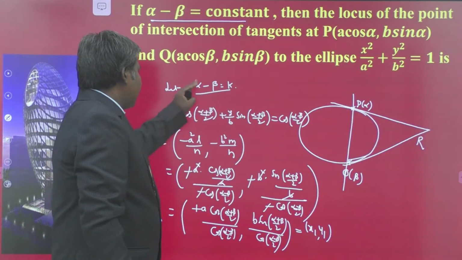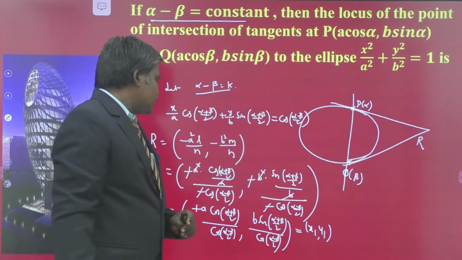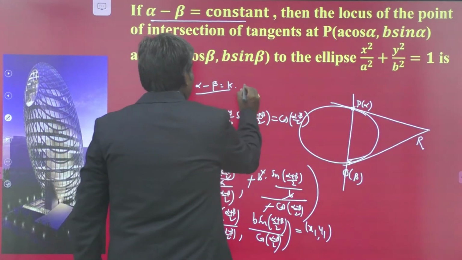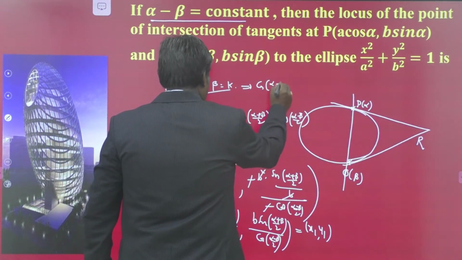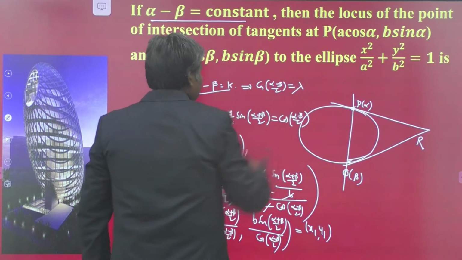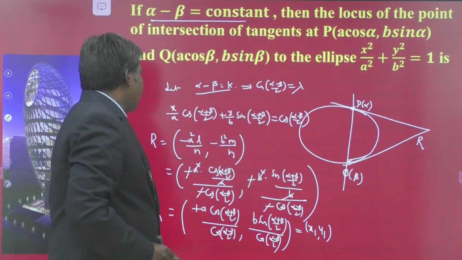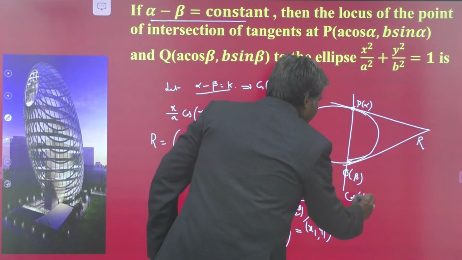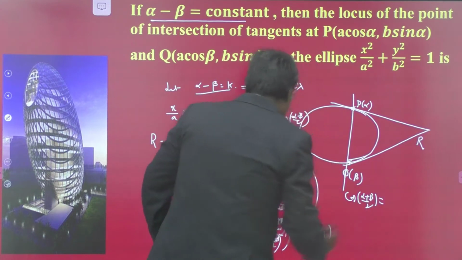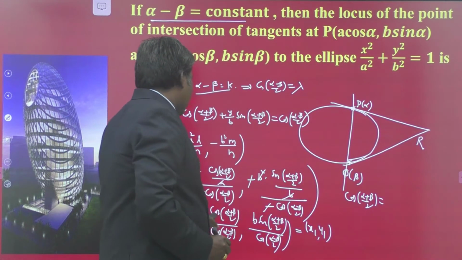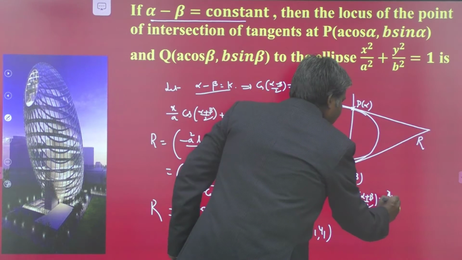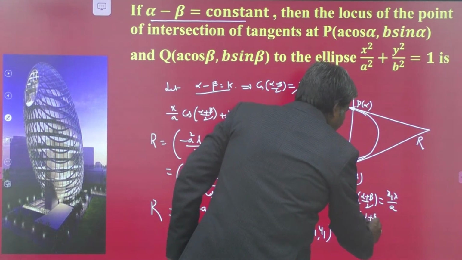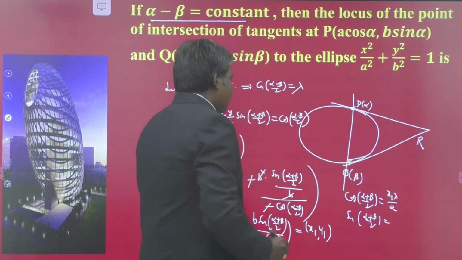Case A. From that condition, we have to find out the locus. Now, my dears, cos of alpha minus beta, is it constant or not? Alpha minus beta is k, then cos of alpha minus beta by 2 is a fixed value, say lambda. Now, cos alpha plus beta by 2 is equal to x1 lambda by a. Again, sin alpha plus beta by 2 is y1 lambda by b.